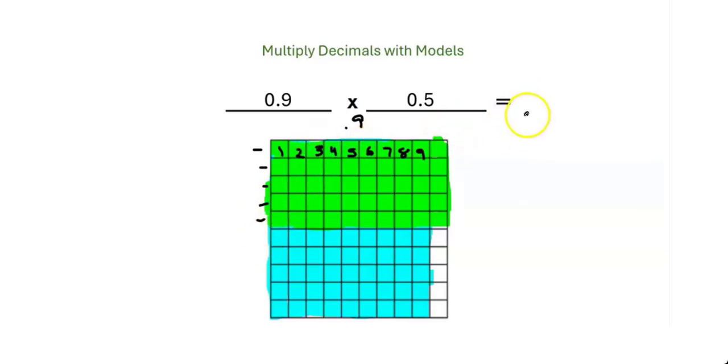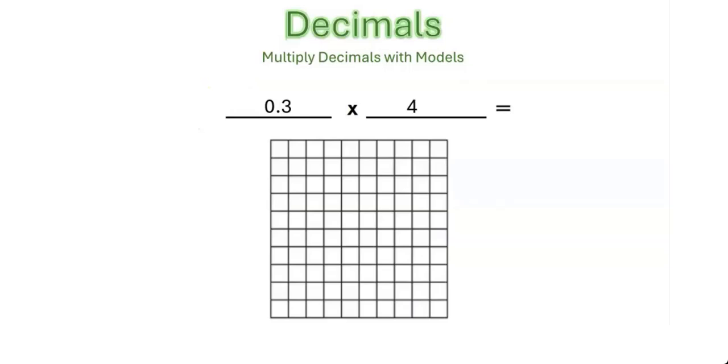So 45 hundredths, because remember, we're not counting like $45 bills. We're counting 45 pennies. Because remember, each little square represents 1/100th or a penny. So as you can see, it gets very tedious if the numbers get larger. That's why we have to learn how to use the regular multiplication, which we call the algorithm, the step-by-step approach to multiplying. But I wanted to show you